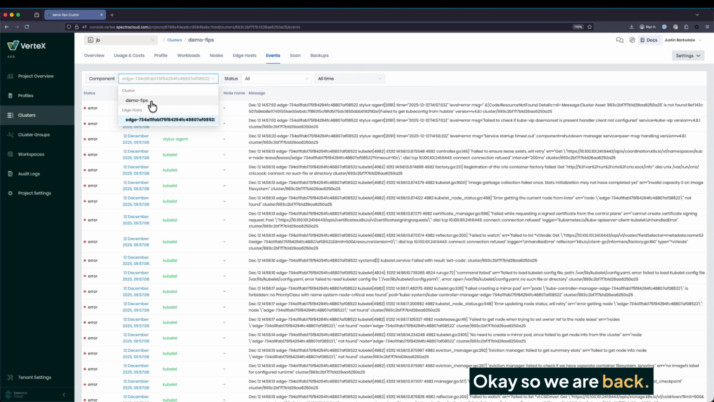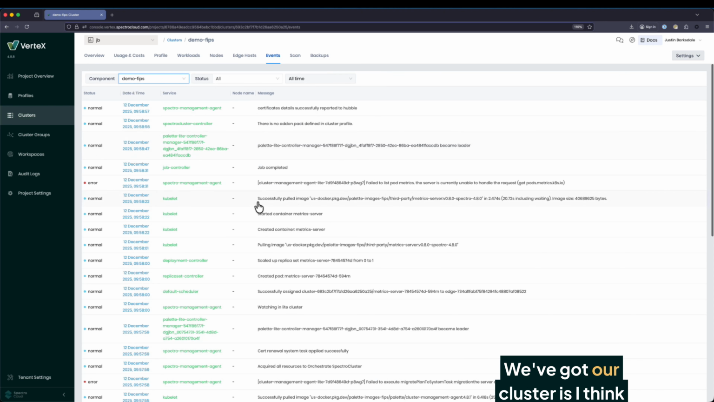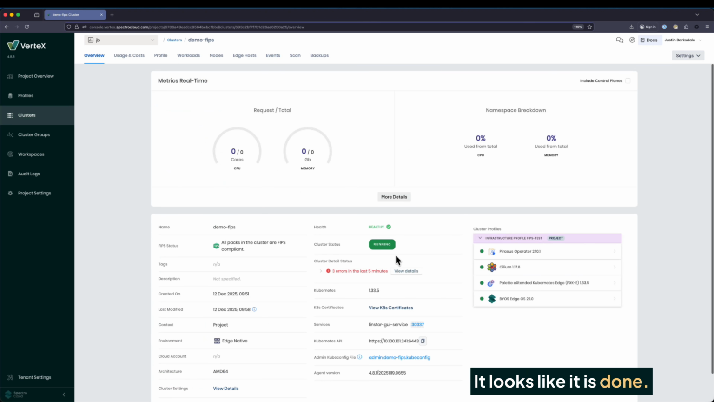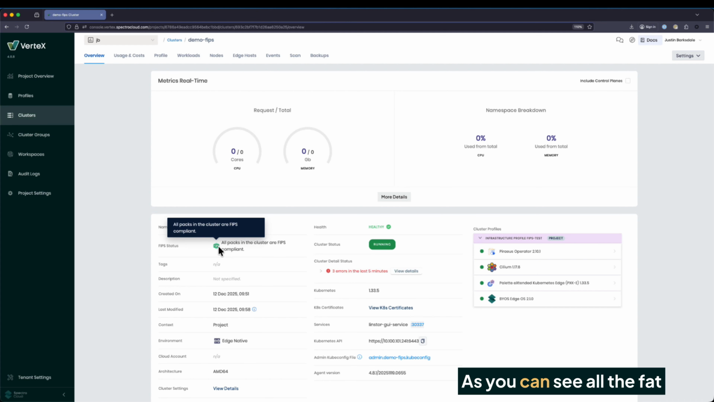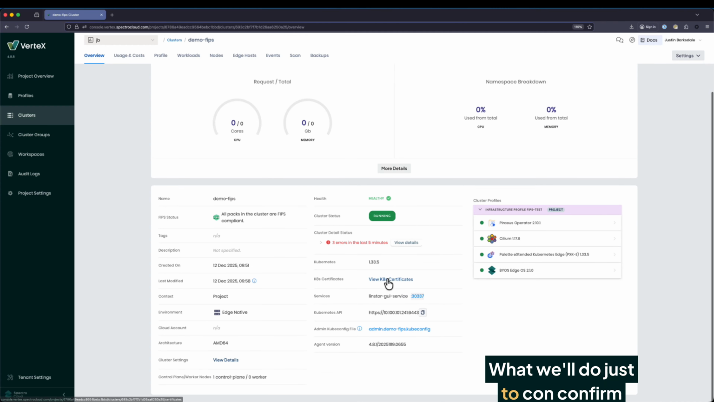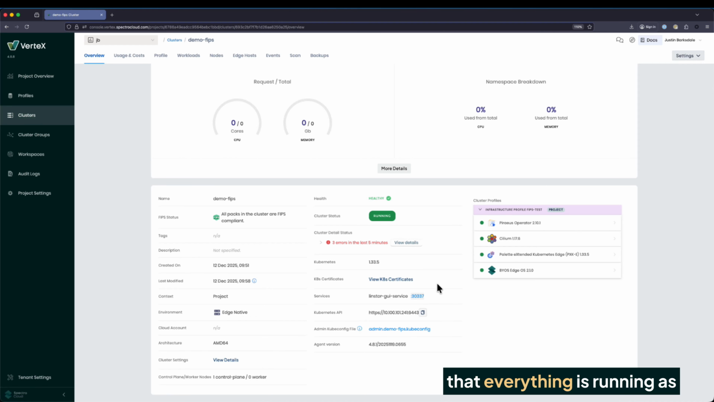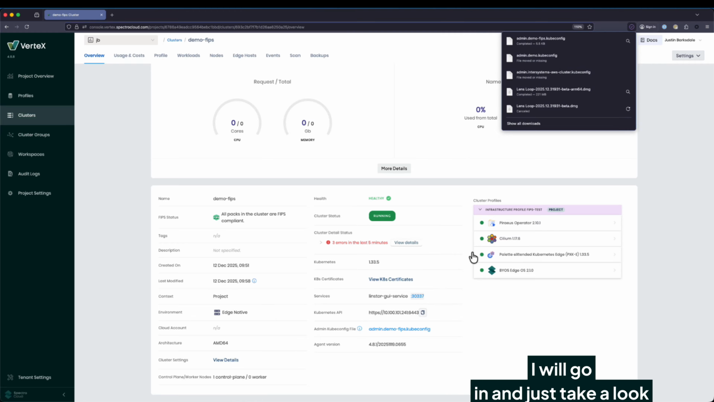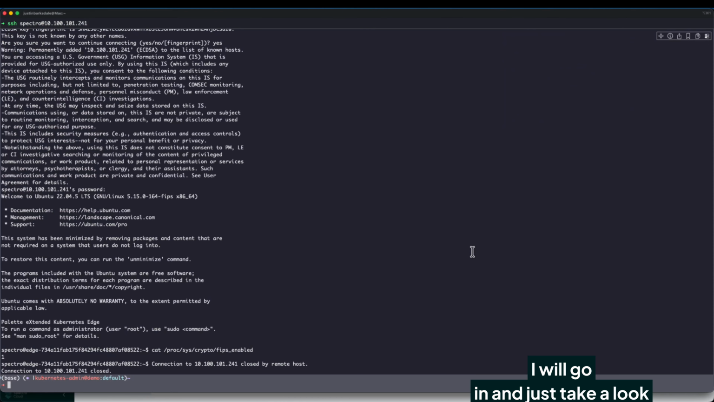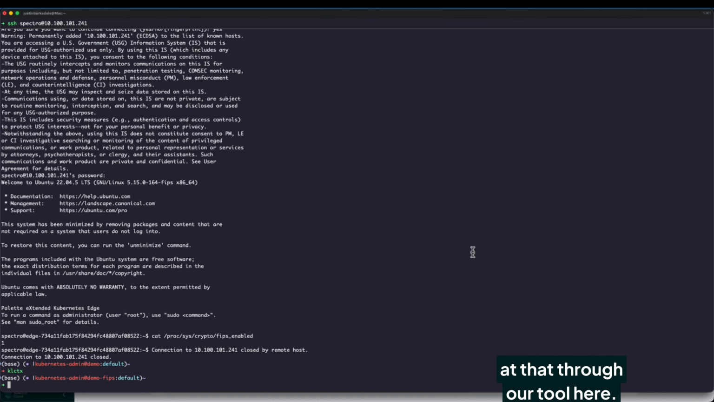Okay, so we are back. We've got our cluster is, I think, pretty close to being completed. It looks like it is done. So just a few remaining messages here. As you can see, all the packs are FIPS compliant. What we'll do just to confirm that everything is running is we'll download the kubeconfig file. I will go in and just take a look at that